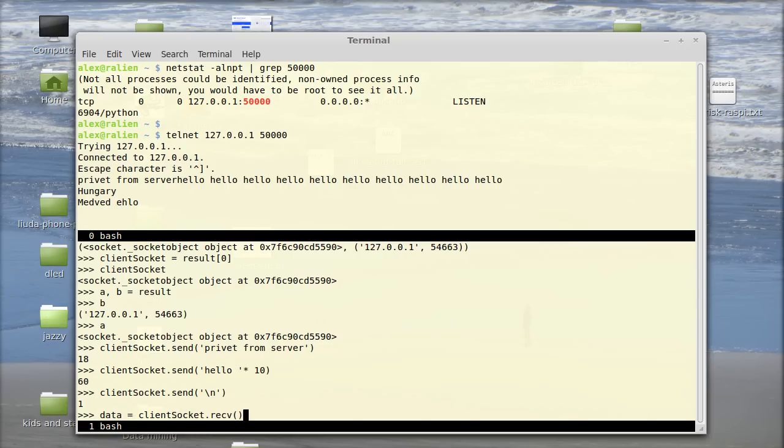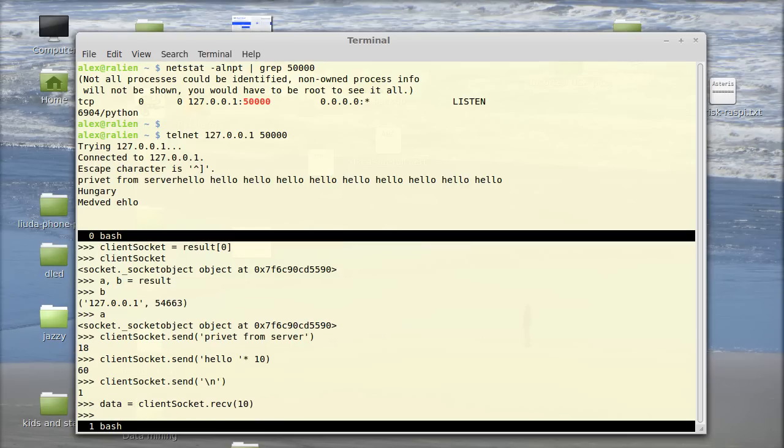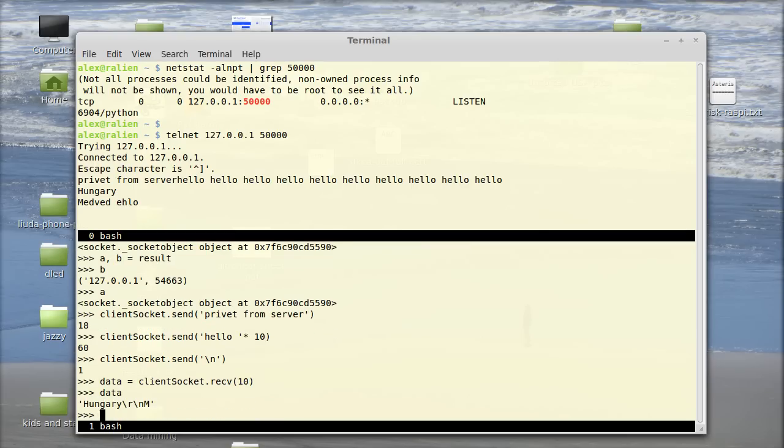And let's attribute its response, whatever it returns, to a variable called data. And I'm going to tell it to receive 10 bytes. Something happened. So now I'm going to view the contents of my data variable, and the contents is Hungary \r\n